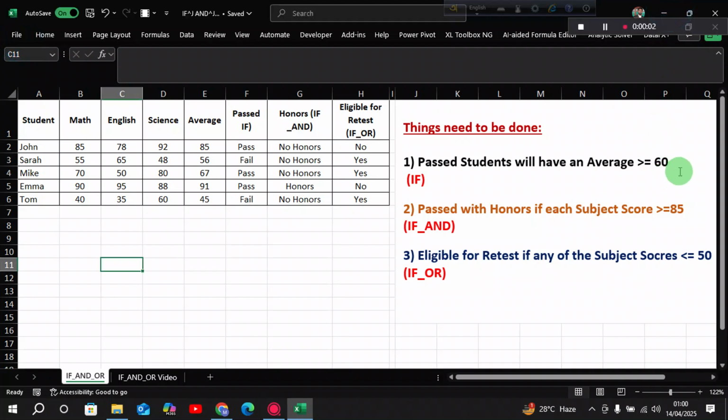Welcome. In this video, we learn how to use the IF function, the IF and AND combination function, and the IF OR combination